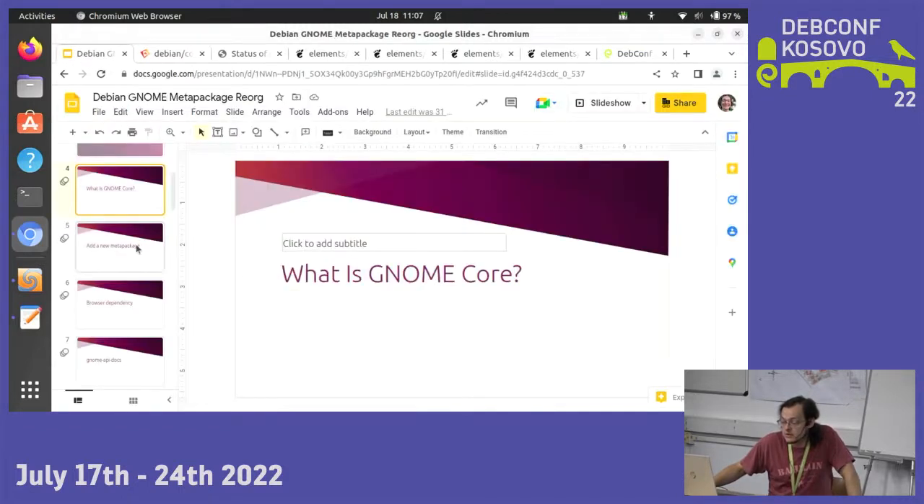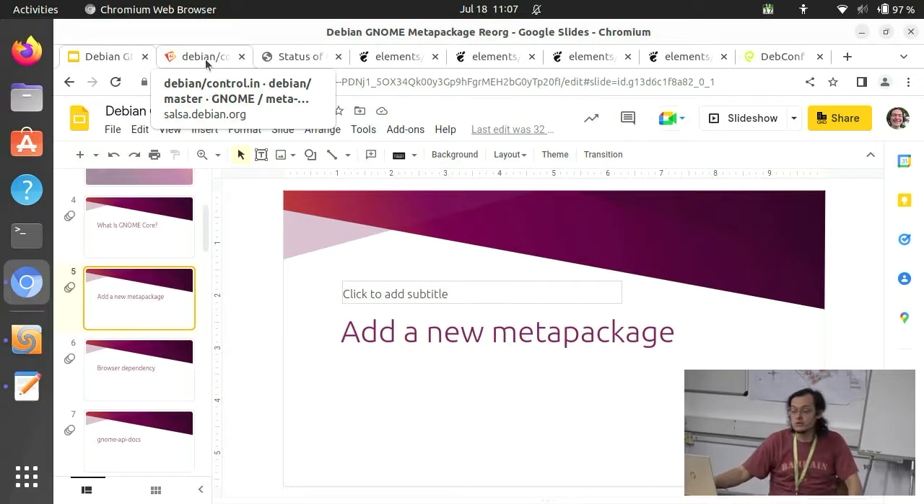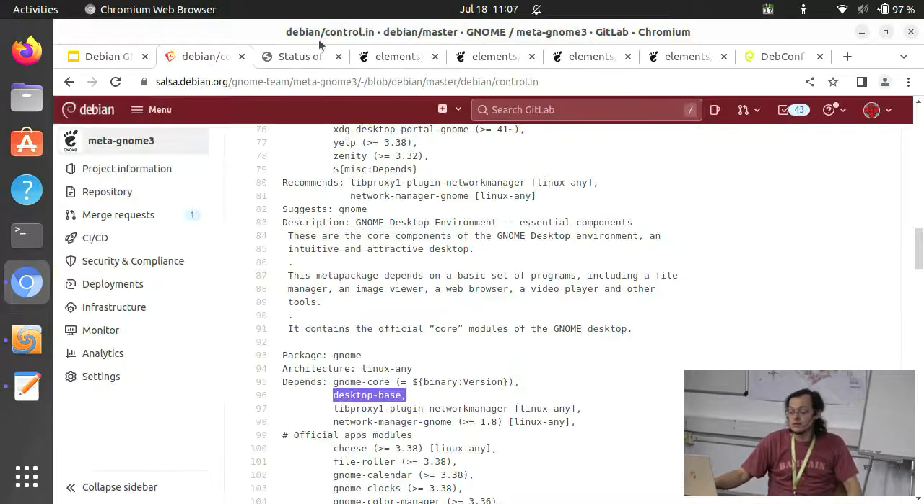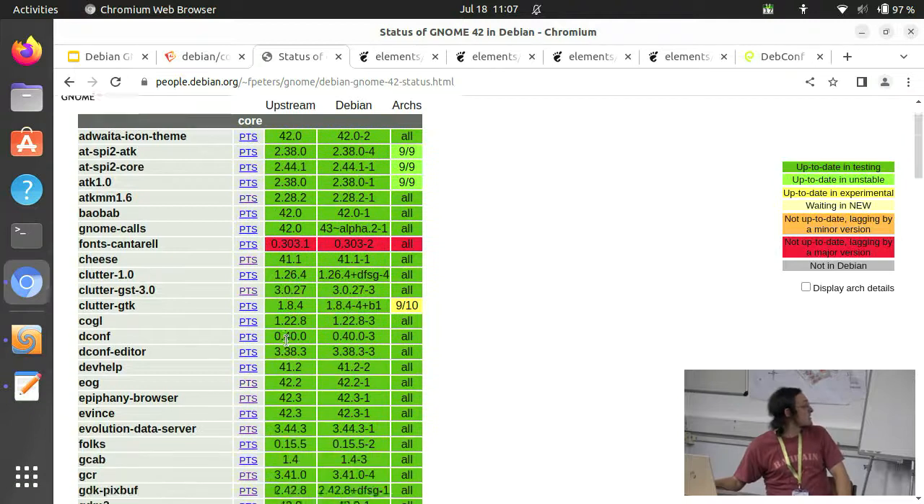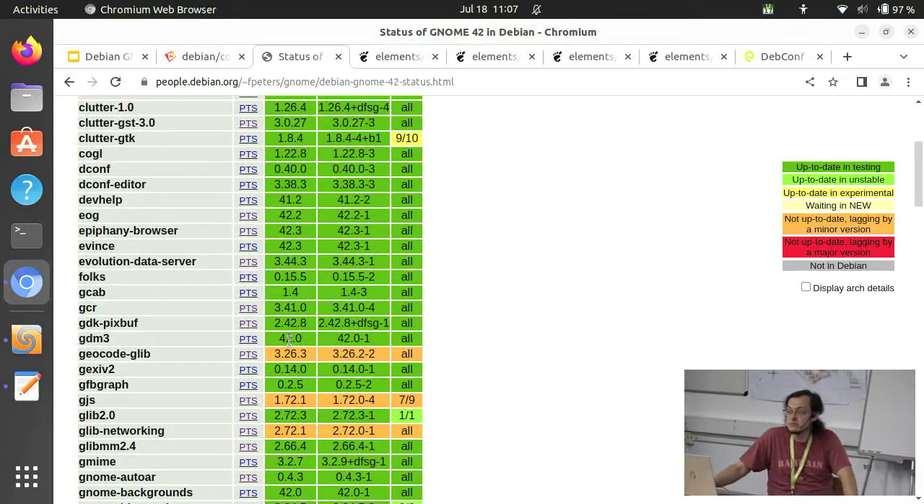My next slide here is I think that we should add an additional meta package beyond these two. The GNOME core set has a lot of apps, has a lot of features, and some people don't want all of those. And so we need something that's smaller than GNOME core. We're going to still use the core name because that's what GNOME calls it, upstream. But I was thinking that we could name this maybe